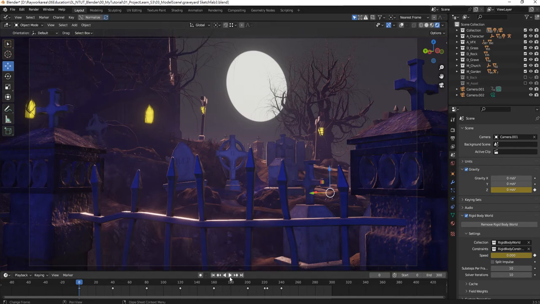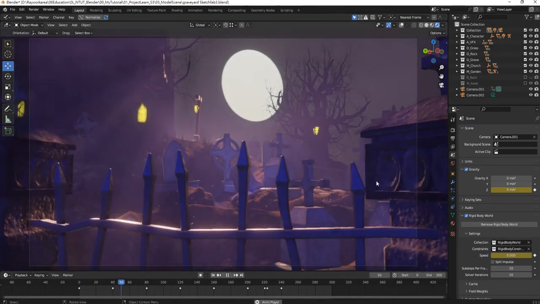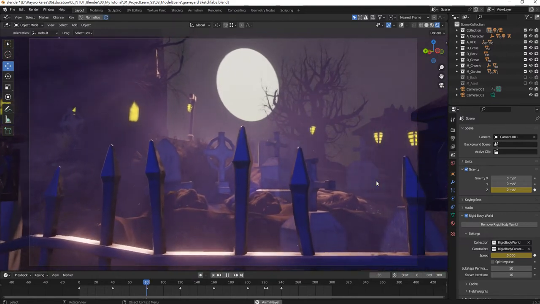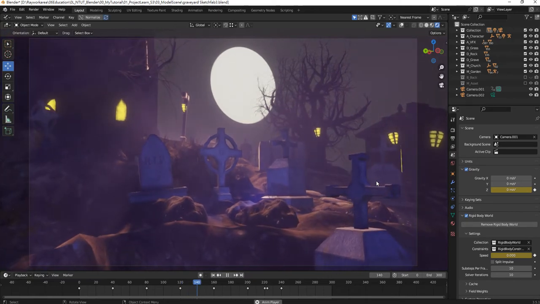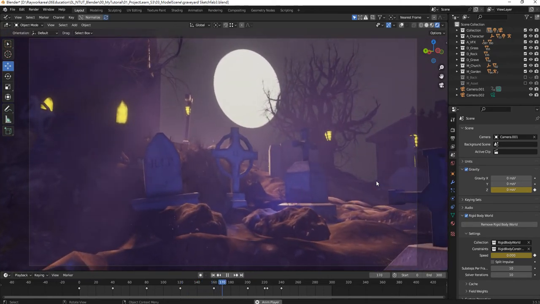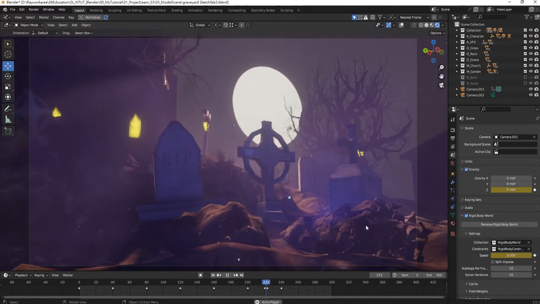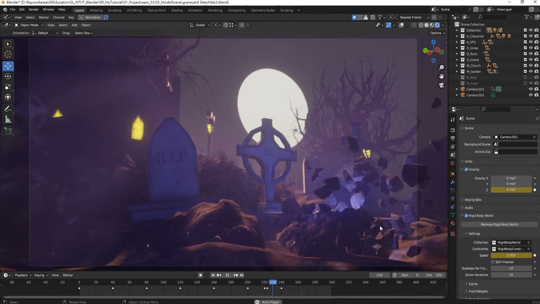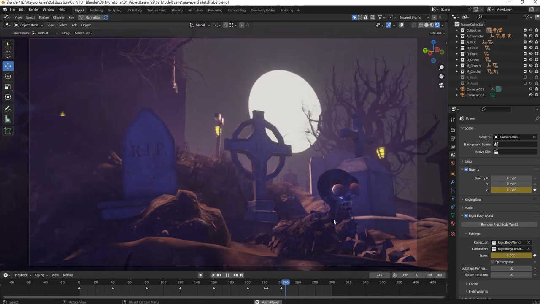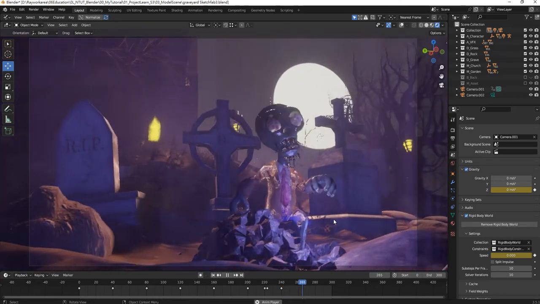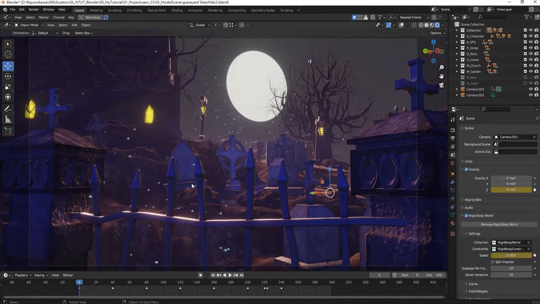Let's take a look. So first thing, as far as I can see the camera movement, the camera was slightly shaking because I was trying to simulate when we hold the camera, our body will shake a little bit. Okay, and then the camera focuses on the tomb and graveyard and physical simulations. The graveyard has been broken, and then the zombie awakes, starts to stand up and starts to move. Okay, so it's a very simple animation, but